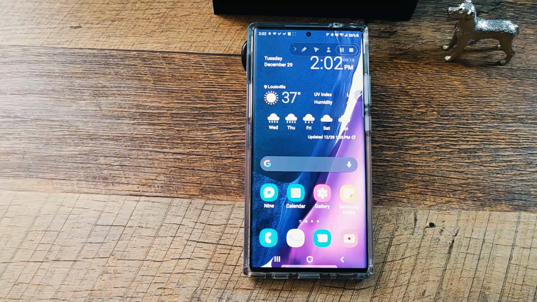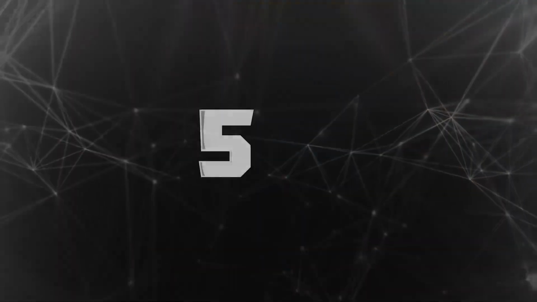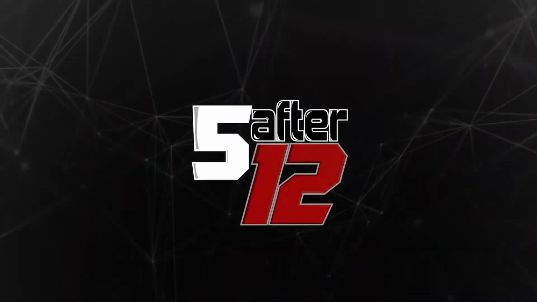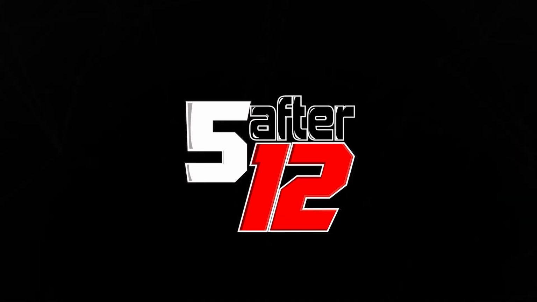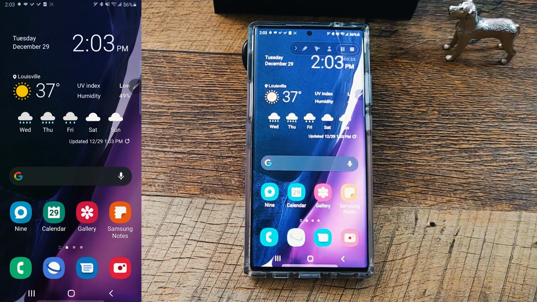Alright, so here is the Samsung Galaxy Note 20, the T-Mobile variant. You can see this little icon up here. There is an update available. So with the update, there's going to be a revamp to the notifications, the alerts, and the bubbles will be